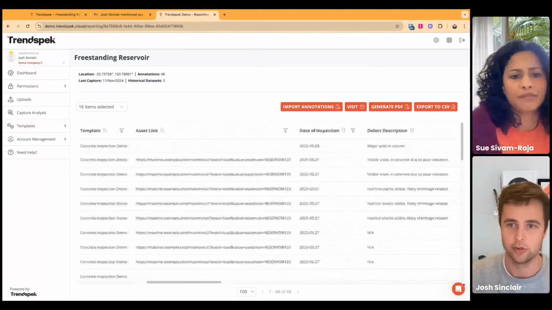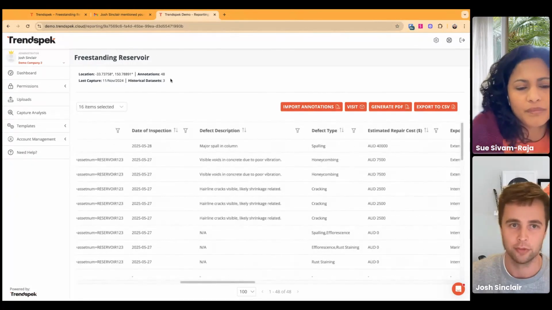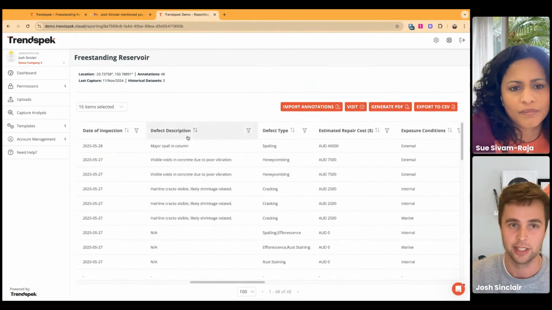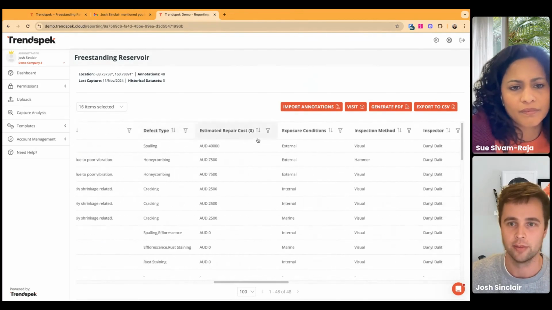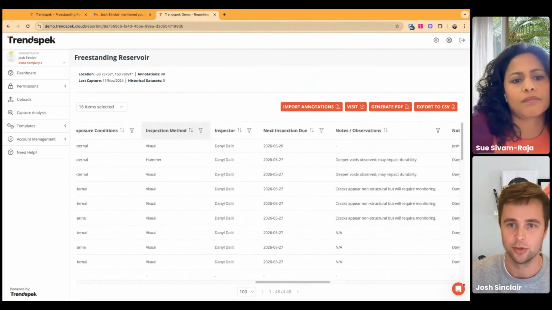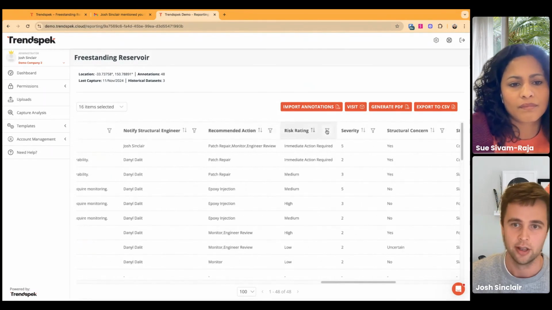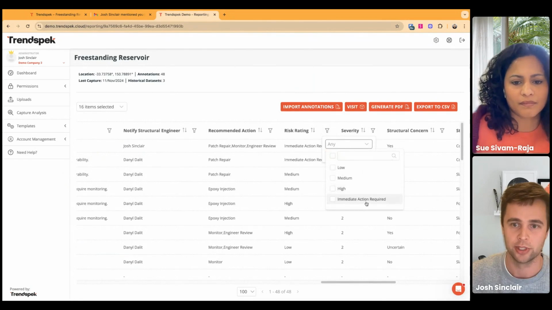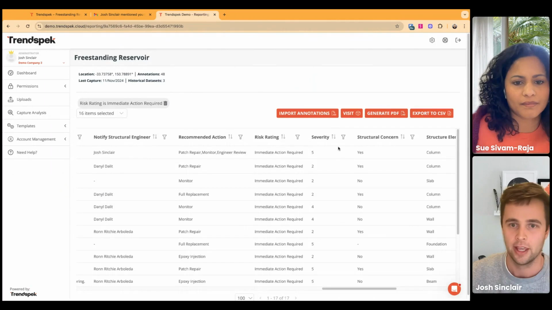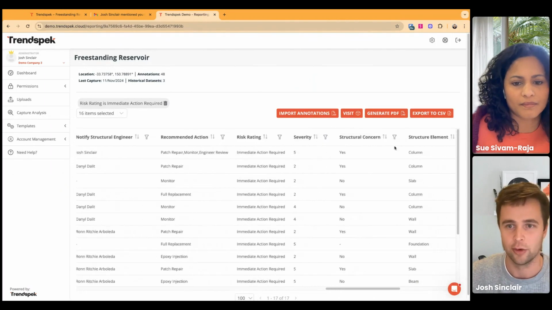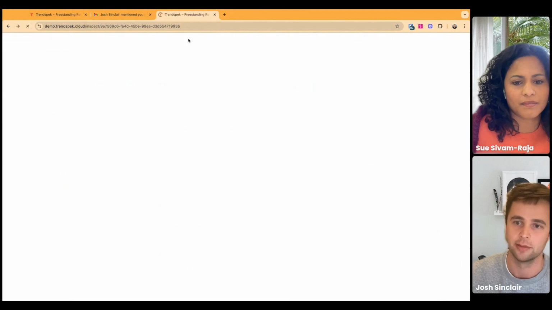So you've got all of your columns here. We've got 48 annotations here by default. However, I may only want to, let's say, for example, the risk rating. I only want to see annotations where the risk rating is set to immediate action required. But not only that, I also only want to see annotations if the structural concern has been,